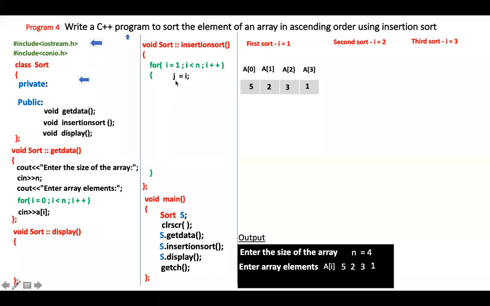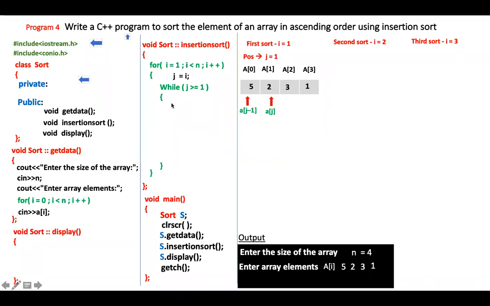Now I'll write J is equal to I, meaning I'll select that position itself as my J. Why? Because now I have to compare my elements with the previous to present. I'll take J is equal to 1 because J is equal to I, and the I value is nothing but 1. This while loop, I'll explain to you why I have written it. Now this position I'll select as A of J, and this position, since it is less than the J value, I'll write as J minus 1. J minus 1 is 0. So now I'll be comparing these two elements.